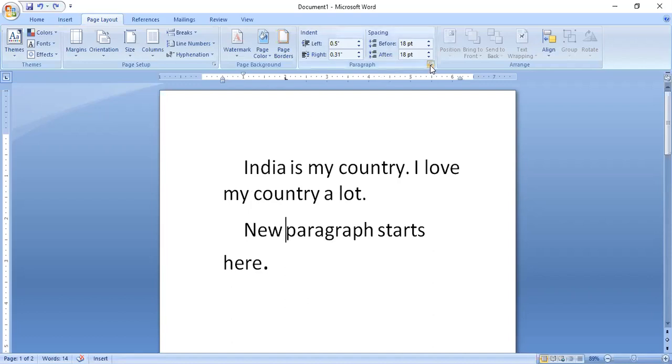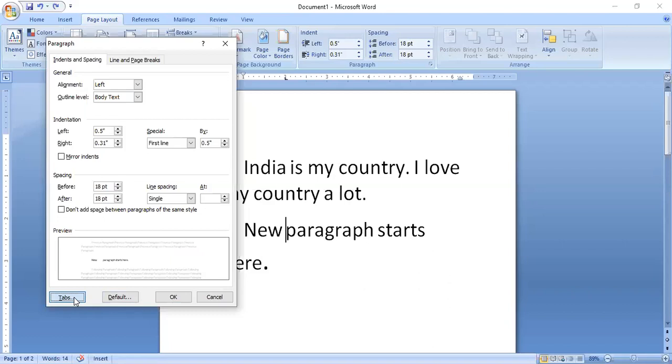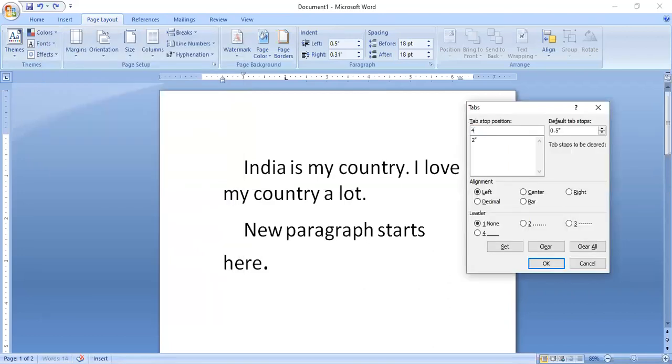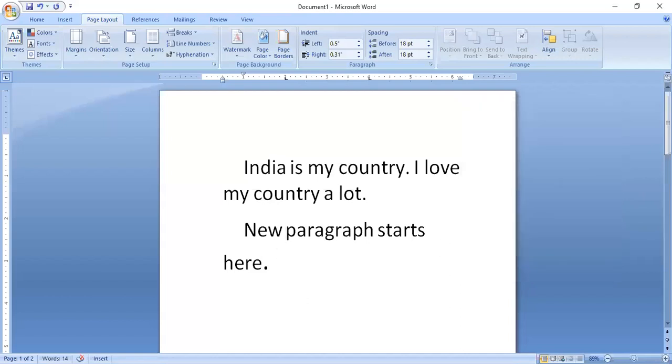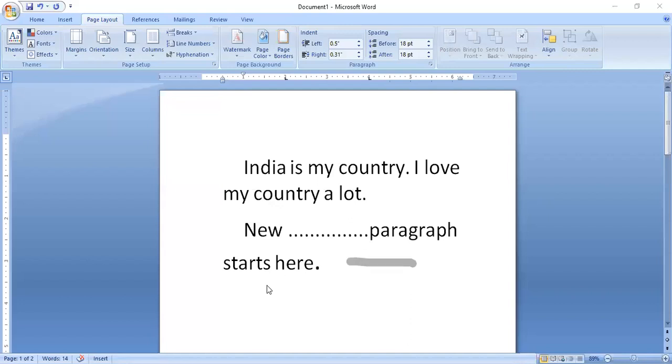So I'll go back to this, go to Tabs, I'll make it 4 inch and I'll select this option, dotted line, and click OK. Now if you press Tab, the dotted line will come in between the tab and it is traveling a 4 inch distance, okay. So your tab settings can be done from here,